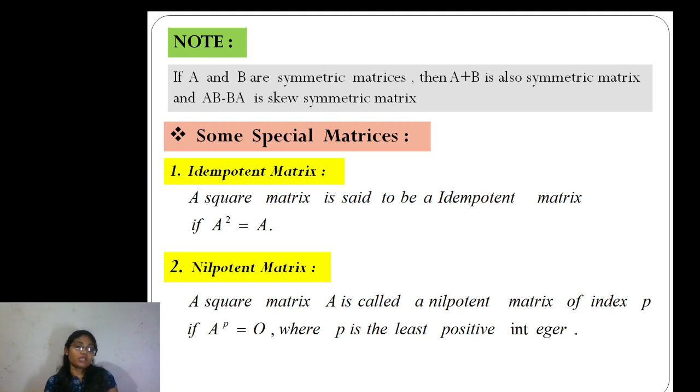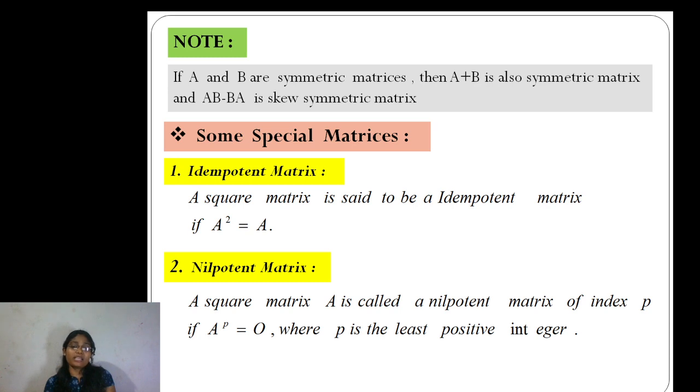Some special matrices, কিছু ম্যাট্রিক্স আছে যেগুলো আমাদের জানতে হবে। প্রথম হচ্ছে আইডেম্পোটেন্ট ম্যাট্রিক্স। আইডেম্পোটেন্ট ম্যাট্রিক্স হচ্ছে একটা স্কোয়ার ম্যাট্রিক্স যাকে আইডেম্পোটেন্ট ম্যাট্রিক্স তখনই বলবো যদি A স্কোয়ার ইকুয়াল টু A হয়। অবশ্যই এটা স্কোয়ার ম্যাট্রিক্স হতে হবে, আর আমরা জানি স্কোয়ার ম্যাট্রিক্স হচ্ছে নাম্বার অফ রো ইকুয়ালস টু নাম্বার অফ কলাম।